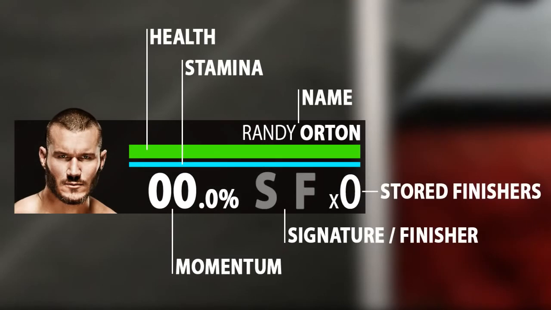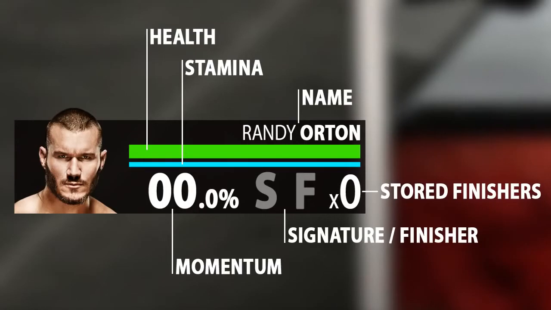The new hub has a few parts to it. We've got the superstar's name and render, followed by a 3-level health bar that starts out green, then changes to yellow and red as you take more damage. Underneath that, we'll have a second thinner bar which keeps track of your stamina, and this too has 3 levels to it, starting out light blue and then turning a darker blue once it empties, and finally turning red once you're exhausted. Under the stamina bar, you'll also notice a percentage, and this keeps track of your momentum, so once this hits 100% you'll gain a signature and then finisher,